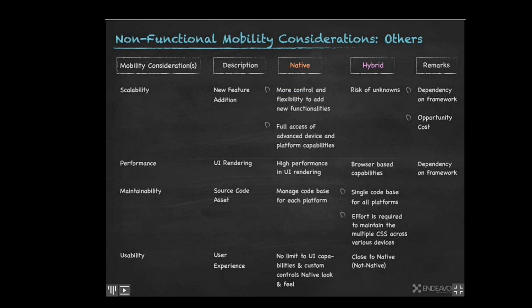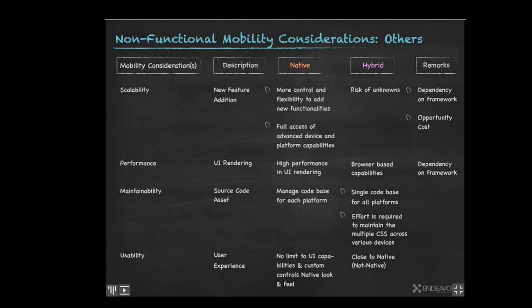Native apps will have a different source code base for every platform and sometimes device family. So obviously if you have a bug, you need to fix it at many places. Of course, if you don't have better development processes where you can promote the code as and when it is tested, verified, and built properly. Now, in the case of web applications, that is not at all a hassle. You test it once and it is done and it goes onto all the browsers. All you need to make sure is that browser compatibility is not broken. Hybrid applications being the average of native and web, of course, carry the best and worst parts of both sides of it.